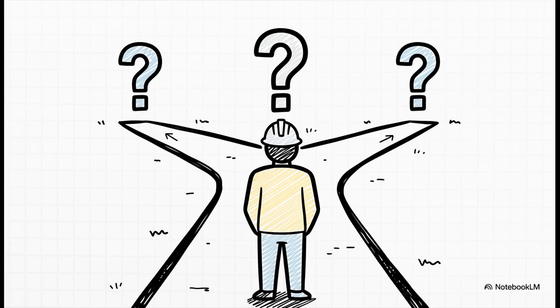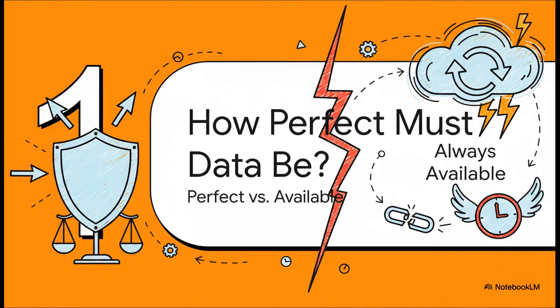Every data system is the result of a deliberate trade-off. And to really get our heads around why our apps and services behave the way they do, we're going to walk through the 3 essential questions that every data architect has to answer before they write even a single line of code. All right, first up, the big one. How perfect, how absolutely correct does our data need to be right this second? This single question sets up the ultimate tug of war in data systems, the constant fight between being perfectly correct and being always on, always available.